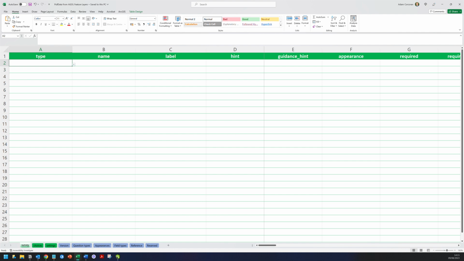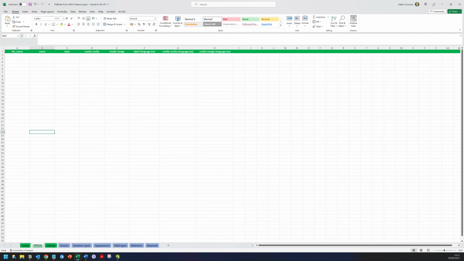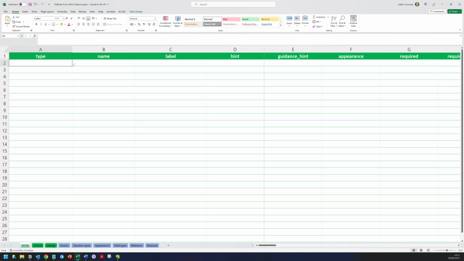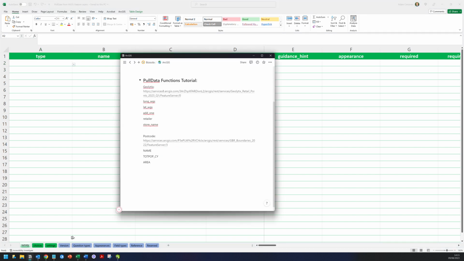But let's go ahead and open up our XLS form. Completely blank. You can see survey, choices. I don't have anything in it. I've zoomed in just so you guys can see my screen more clearly. And what I'm going to do now is I'm going to go back to my Notion page and